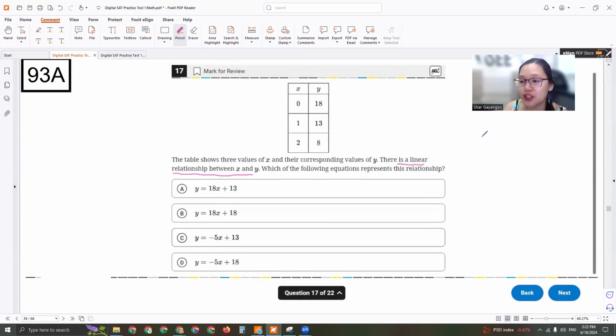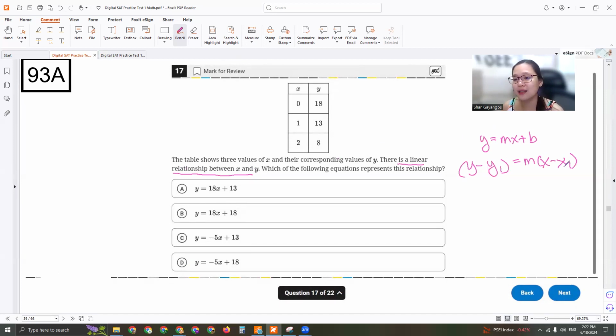We have two very essential equations. Y is equal to mx plus b. And we also have the point slope form: y minus y sub 1 is equal to m times x minus x sub 1. All right, and why is this important? Because we have a linear relationship, and if we want an equation that represents this relationship, then we might need